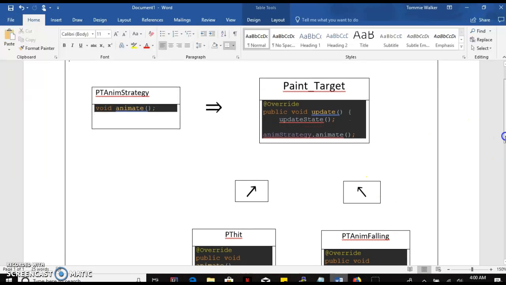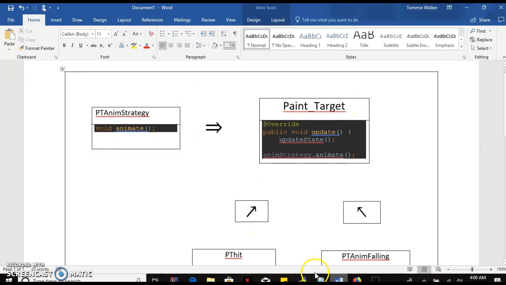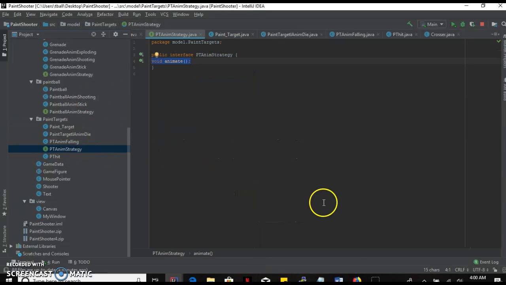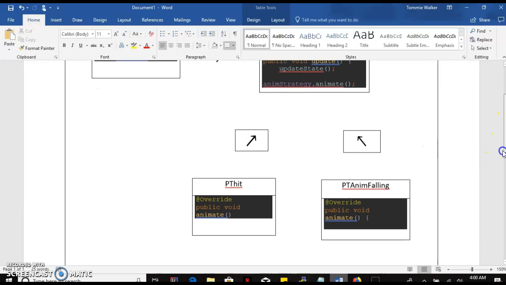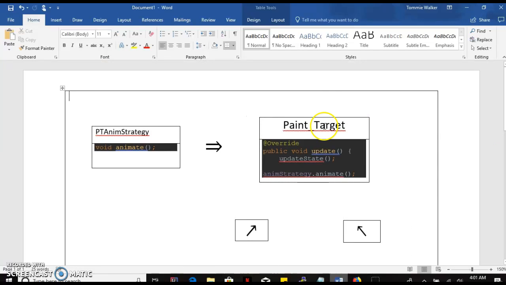So here we are going to have the main animation. Our main animation, which is going to be the paint target animate strategy, that's going to be our interface. We will be using that, and with that we're going to be calling upon two methods. We call upon these two methods